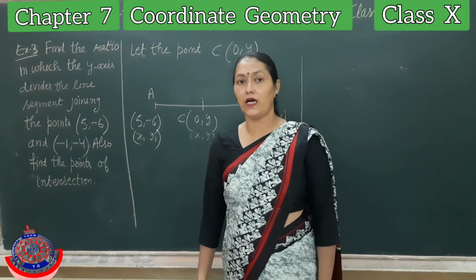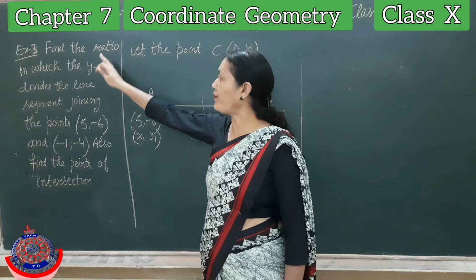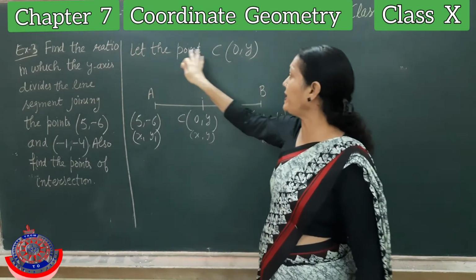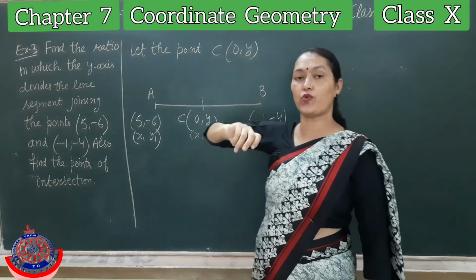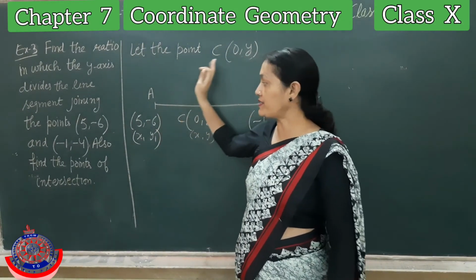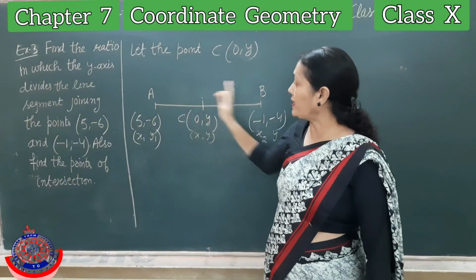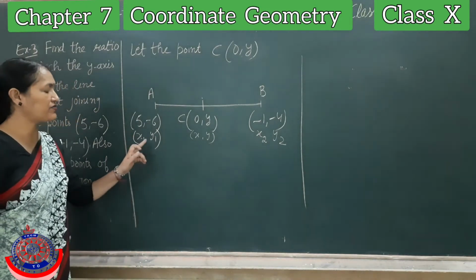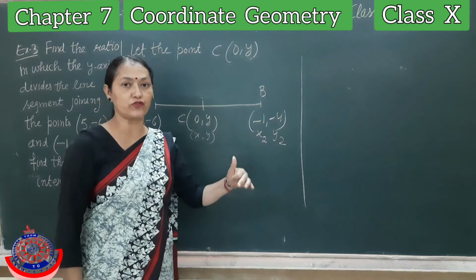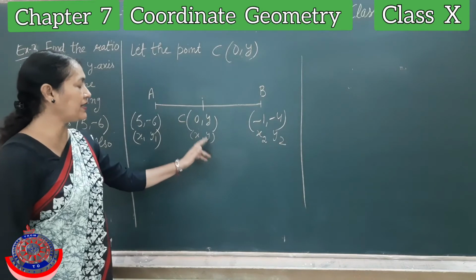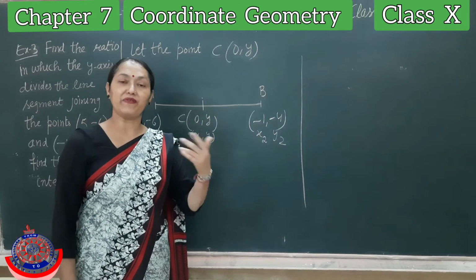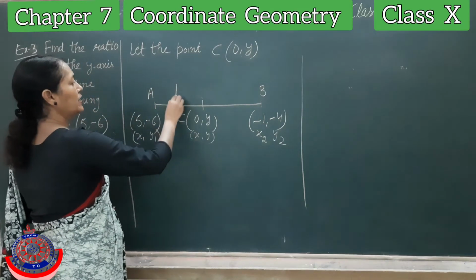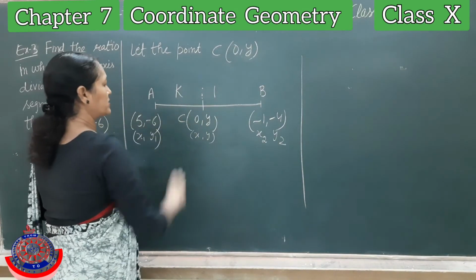Next example I have taken where you have to find the ratio but the point is lying on y-axis. Point is lying on y-axis means point would be 0 and y. Means x coordinate will not have any value. Point will be 0 and y. Draw the line AB. Coordinates of A and B are given. Name x1, y1, x2, y2 for applying section formula. Point C is x and y. In the previous example I have taken m1 ratio m2. Now I am taking k is to 1. So you will be learning to use both the methods.